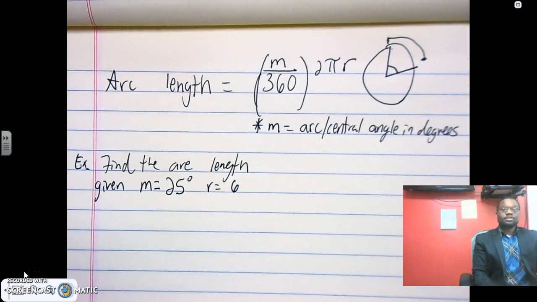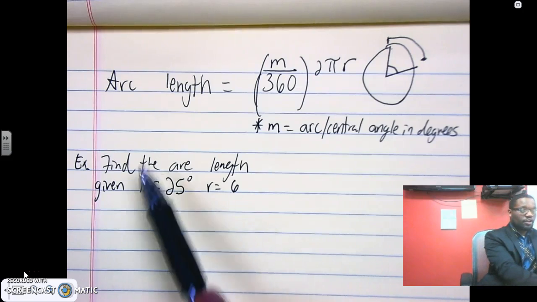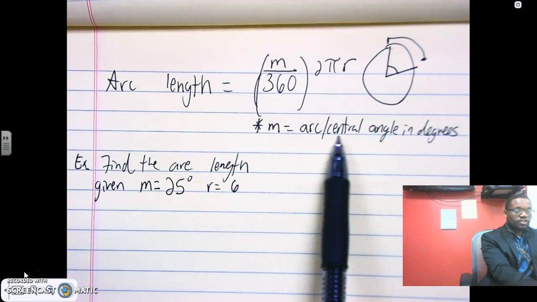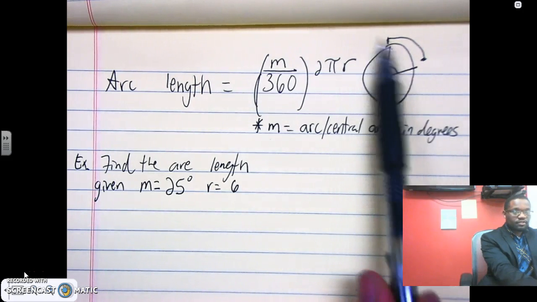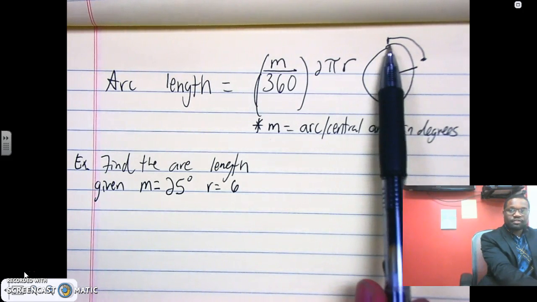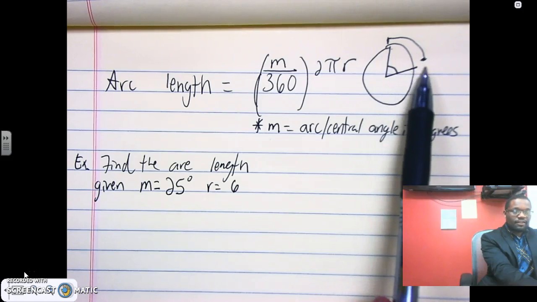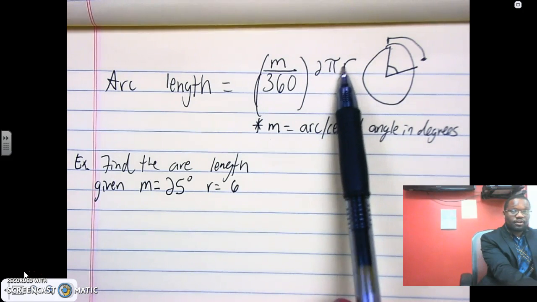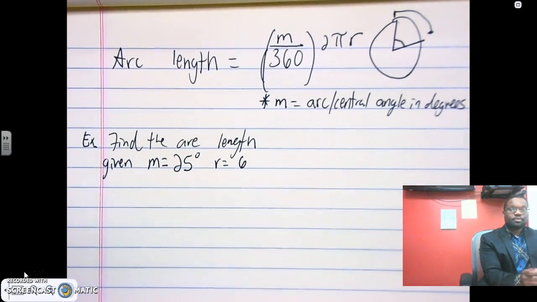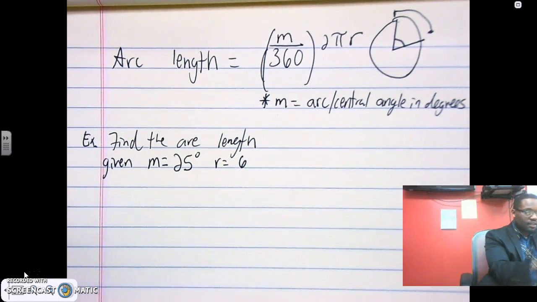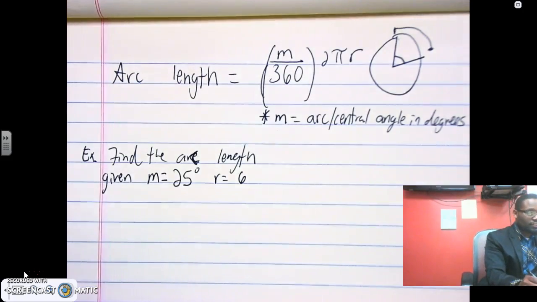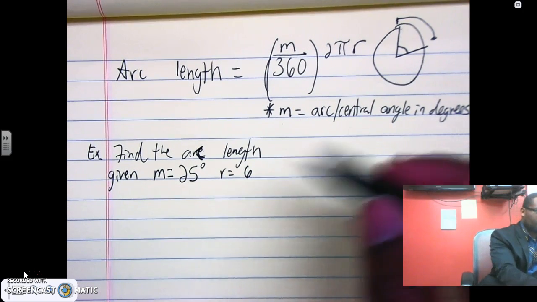And so the way you work this formula is, if you want to know the arc length, M, or the number on top, is the arc or the central angle in degrees. So whichever arc you're talking about, you take that arc in degrees and you put that number there, but you have to know the radius. That's what R is. And so we have this example here. If I want to find the arc length of arc C, they give us this stuff. All we do